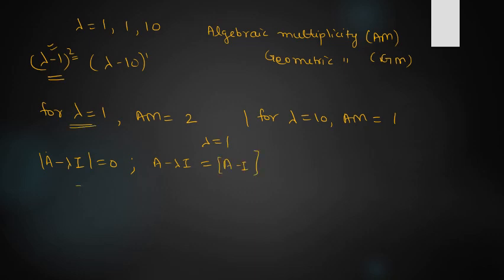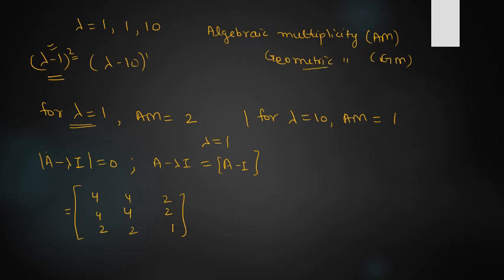So the matrix will be, your A is 5. So 5 minus 1 is 4. Here 5 minus 1 is 4. Here 2 minus 1 is 1. Rest all will remain the same. So this is your actual characteristic matrix, right? Now, in order to find out the rank of this matrix, what you need to do,